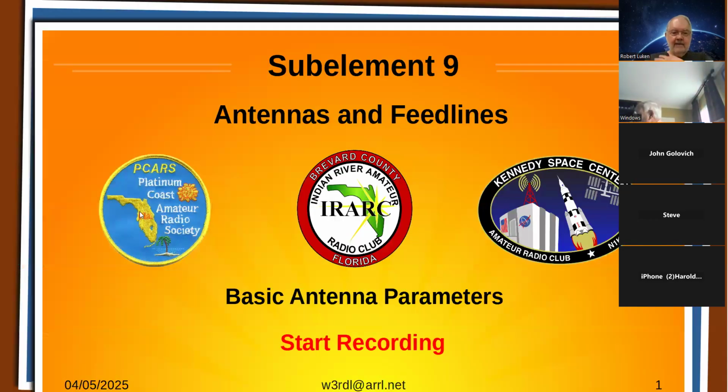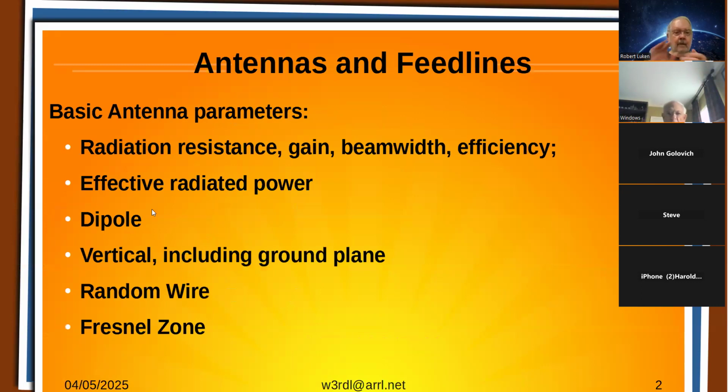So we talk about some basic antenna parameters, a little bit about radiation resistance, gain, beam width, and antenna efficiency, ERP. Then we'll talk about the standard dipole antenna, which is the basic form of almost all antennas. A little bit about verticals, random wire, and then they stuck in Fresnel zone, which you probably never heard of. I hadn't heard of it until